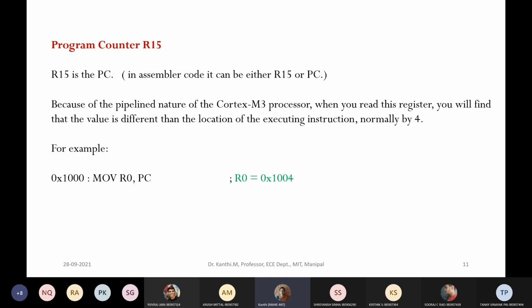But because of the pipelining nature, as we know, the Cortex M3 is stacked on your ARM7 processor. ARM7 uses three-stage pipelining, and the Cortex M3 is developed on the same, stacked on top of it with many more complex features. So that is about the pipelining. As we know, there are fetch, decode, and execute, the simple pipeline stages.